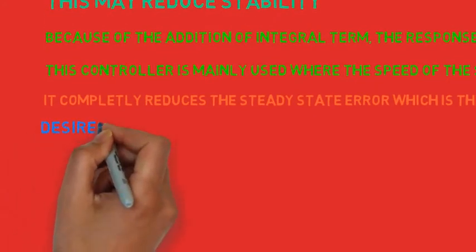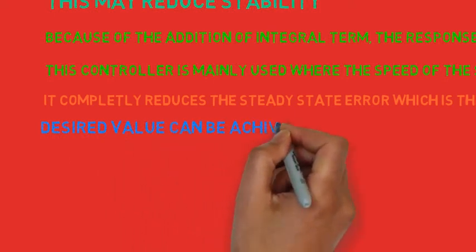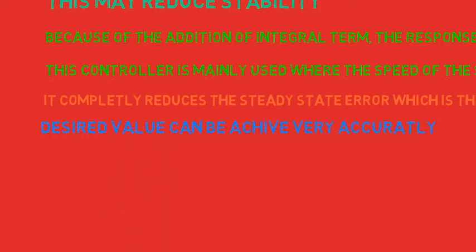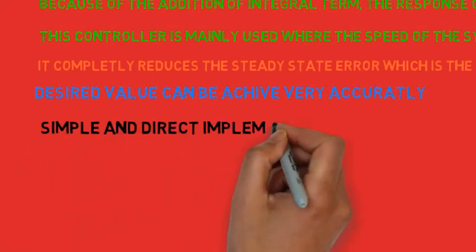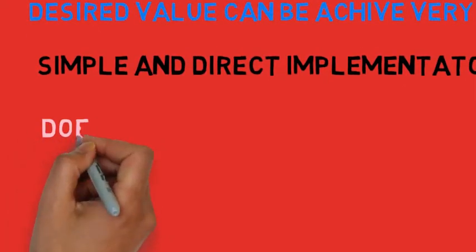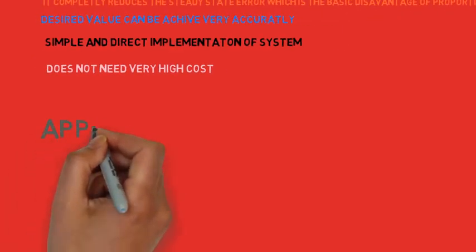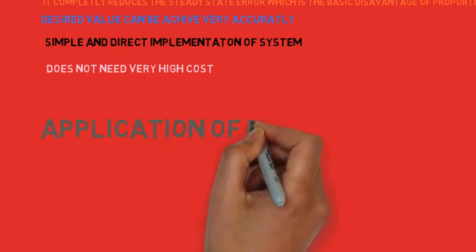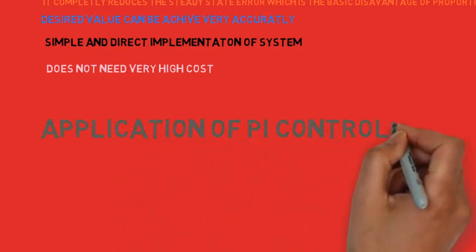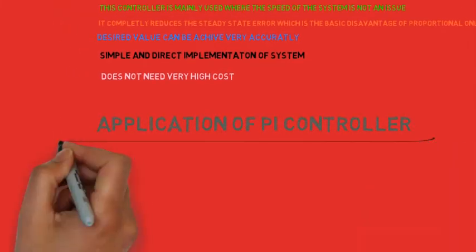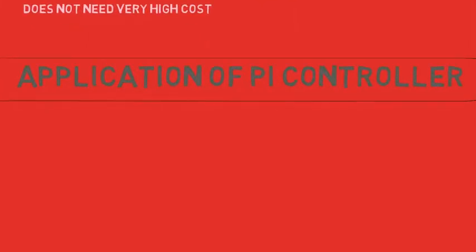One of the best advantages of the PI controller is that it completely reduces or eliminates the steady state error, which is the biggest disadvantage of the proportional controller. So the desired output can be achieved very accurately. The PI controller in practice is very easy to implement and hence does not have a really high cost. Hence it has a lot of applications in the speed control of motors or generators, or in turbines. Also used in liquid